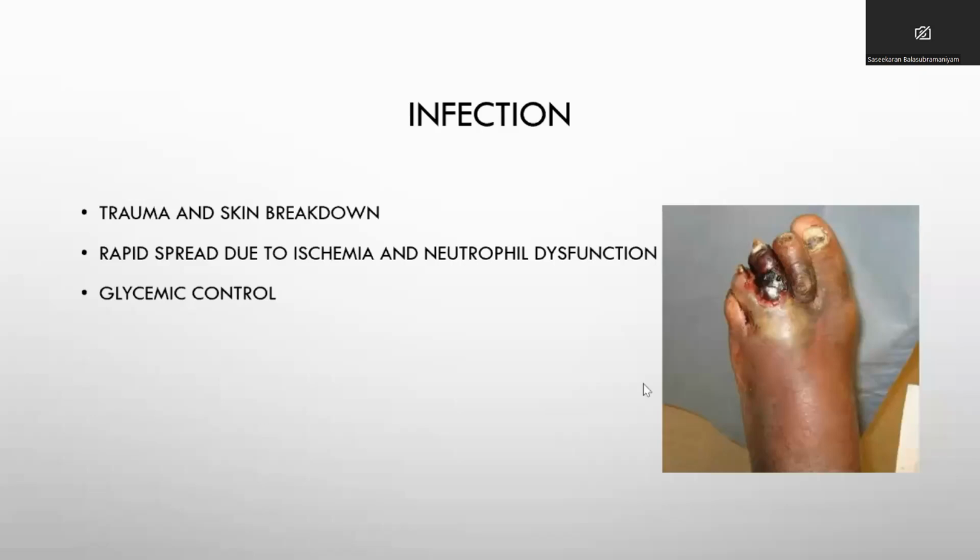I'm not the pathologist to tell all these things, but yes, there are a lot of factors contributing in and out. Trauma, skin breakdown, that again, discontinuity of the skin, easy chance of getting an infection. On the other hand, the neutrophils, even though their numbers are okay, are non-functional. All their functions are impaired in a diabetic patient. On top of this, these patients' glycemic control is sky high. So again, which favors the infection.